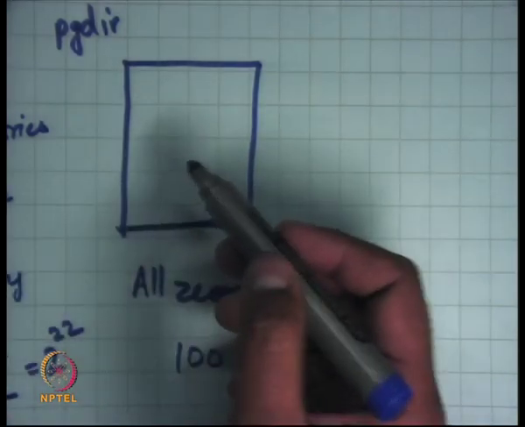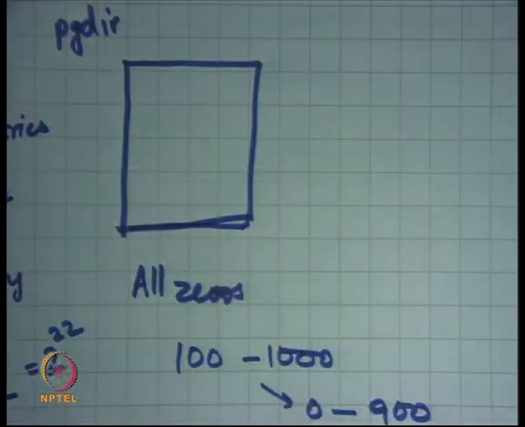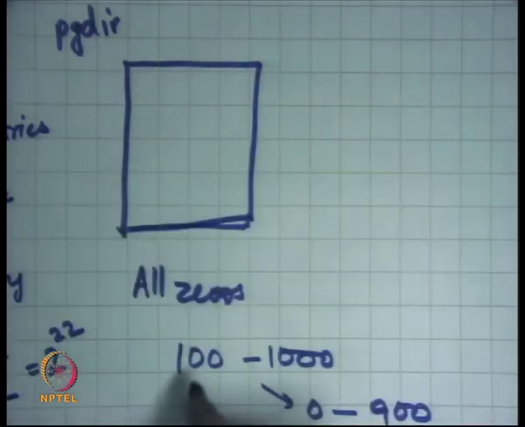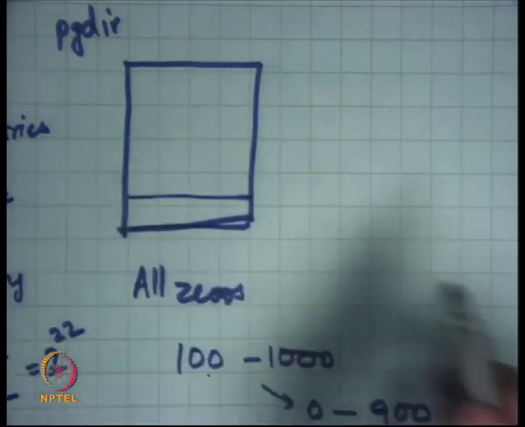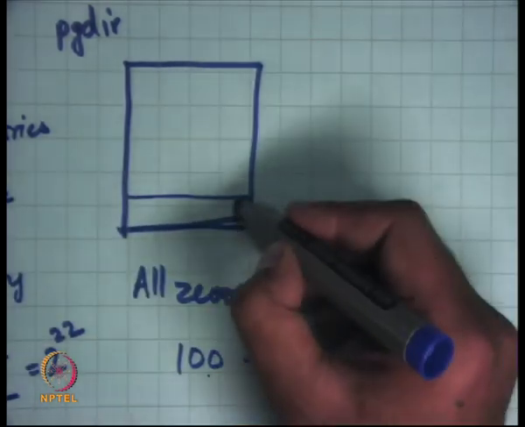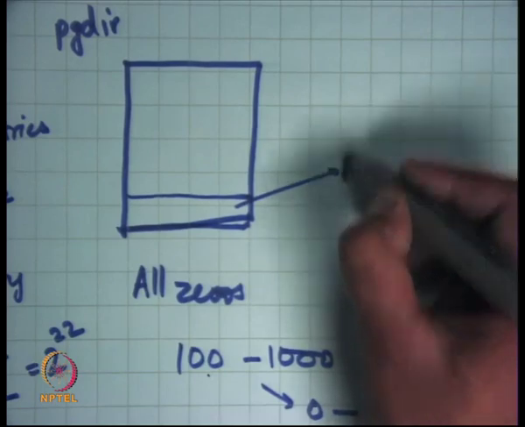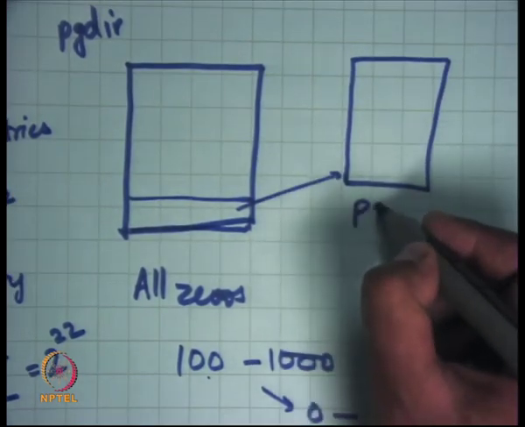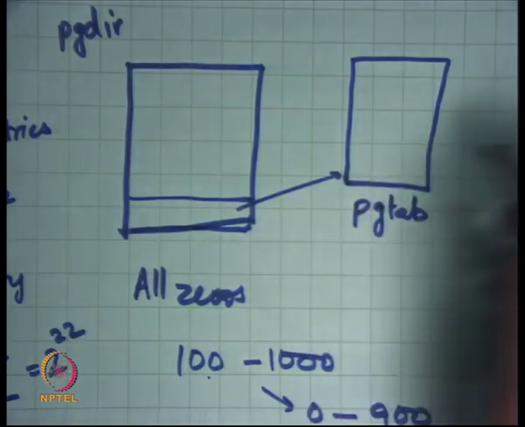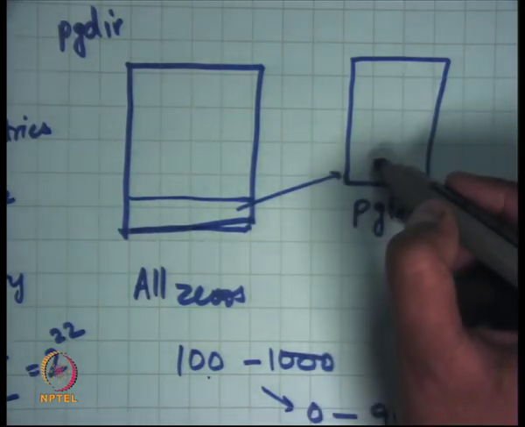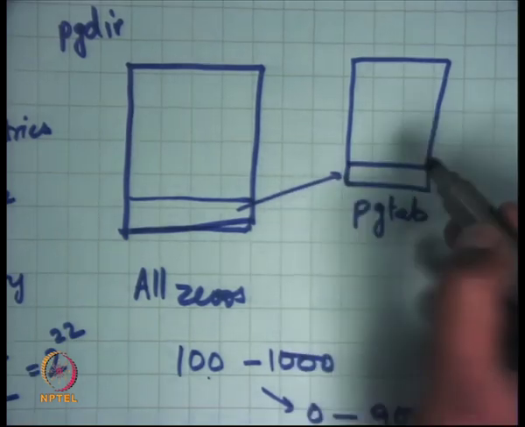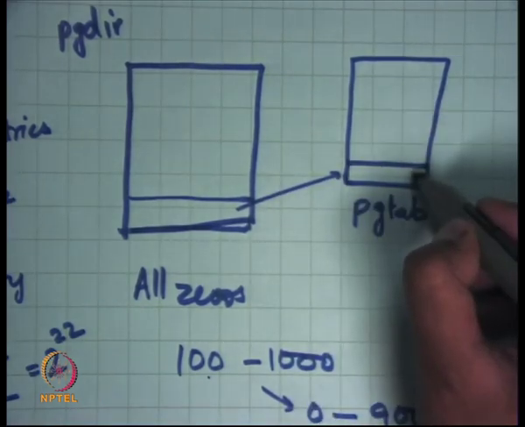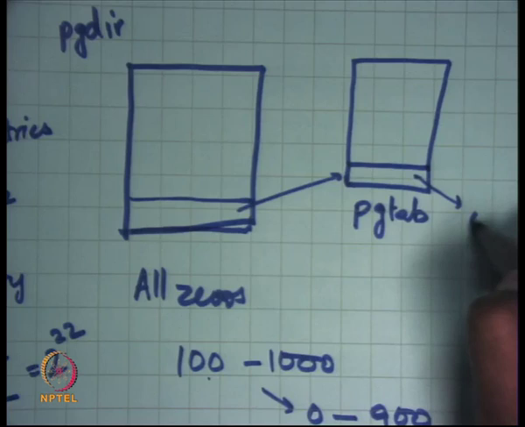And recall that this 4 MB could be mapped using large pages, or it could be mapped using another level of indirection using a page table, right. So in this case 100 is going to be the first entry within the first 4 MB. You are going to allocate another page table here, let's call this page table, and in this each entry is going to cover 4 kilobytes. So here you are going to create an entry saying map to 0 to 900,